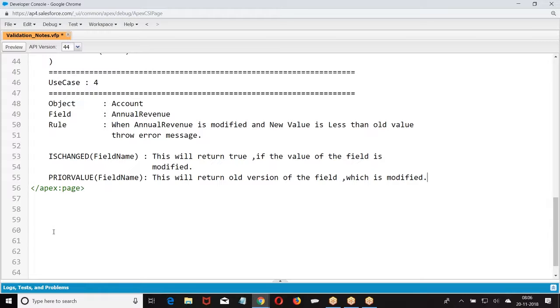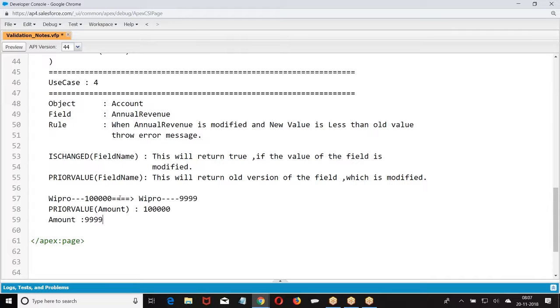So if I modify the amount from 10,000 to 20,000, when I say PRIORVALUE of amount, we get the old value.